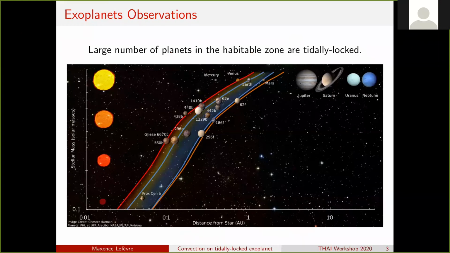For more than 25 years now, a large number of planets have been discovered. Some of them are in the habitable zone, as you can see here, and a large number of them are close to their host stars and thought to be tidally locked.